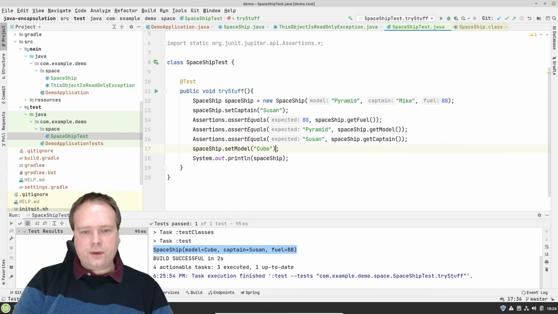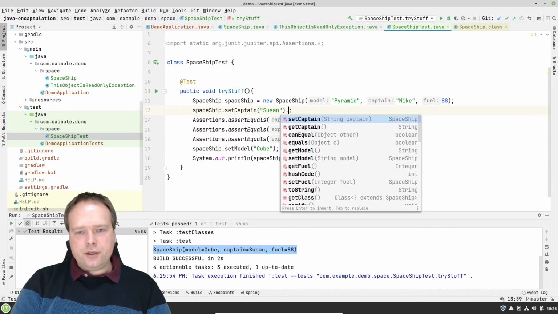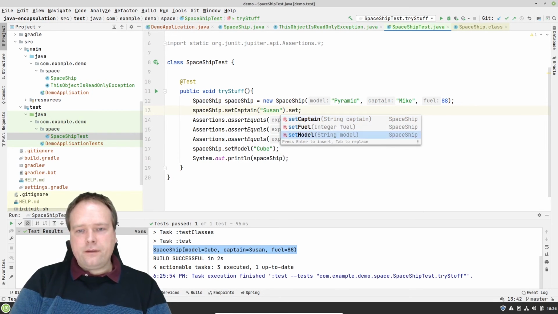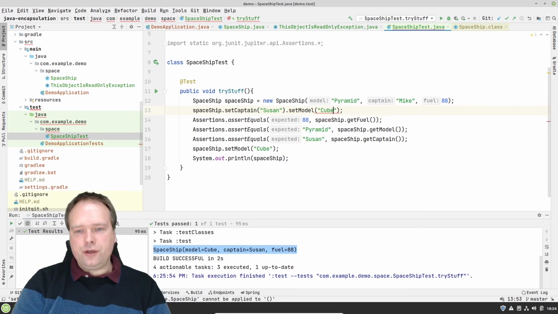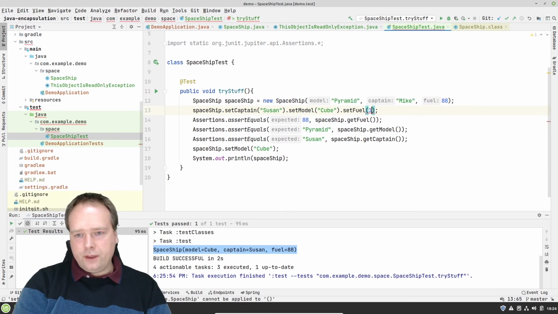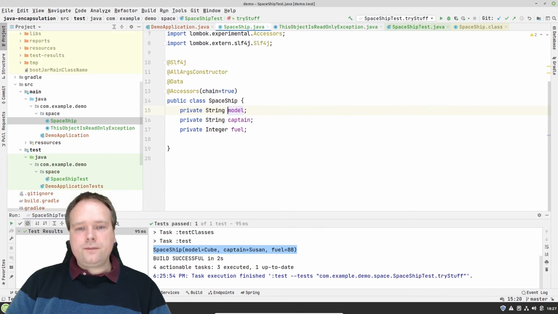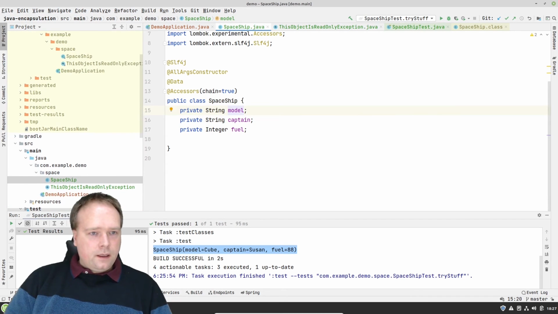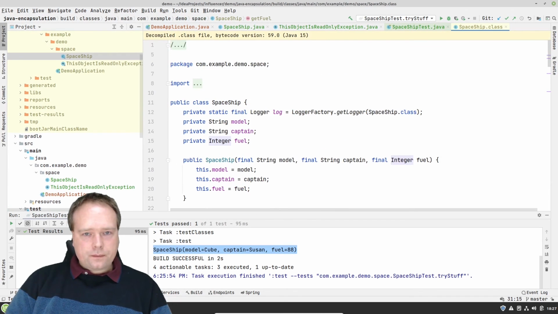So let us say that I want to set the captain, but I also want to set the model. Because I chose chain, I can also write set model like this, and then we can choose cube. And then I can also say set fuel, and we can fuel it up to 100%. This is because if we look at the code right now,